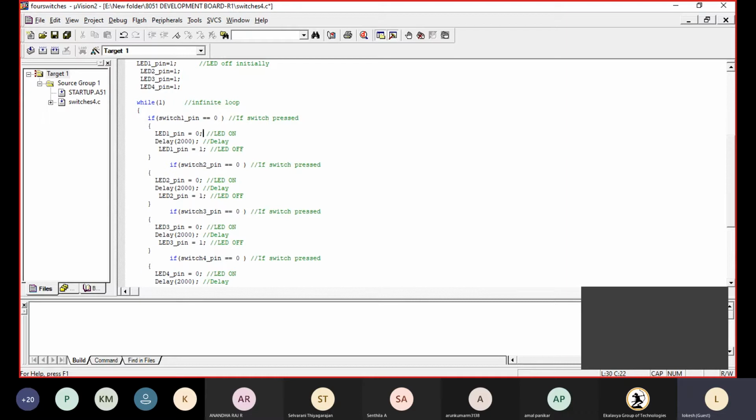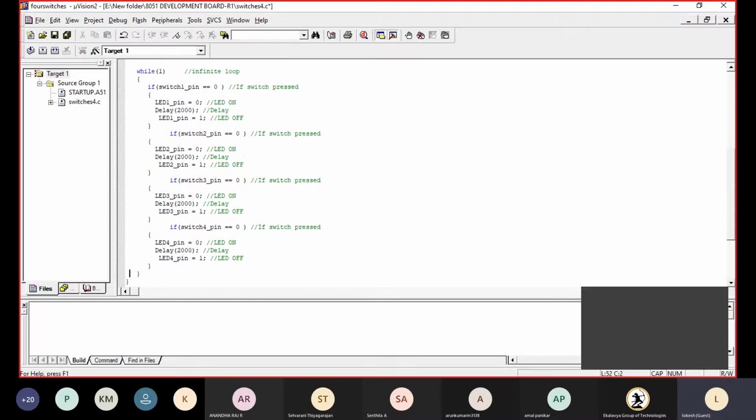Okay, so one more time, I am specifying this. The LEDs are going to have a common anode or common cathode, so they will be arranged like that. If it is a common anode, we need to give 1 to switch on the LED. If it is a common cathode, we need to give 0 to switch on the LED. So that's why we are giving it like this.